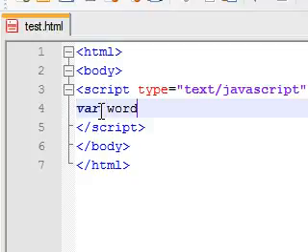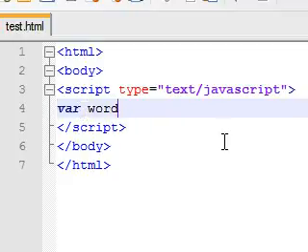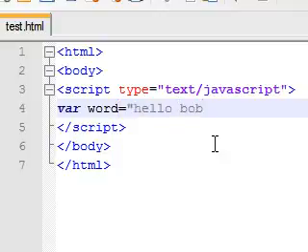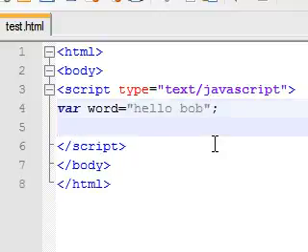Just type a variable and we'll name it word. Let me move my cursor out of the way so you can see. And it's actually going to be two words, and I'm going to type hello Bob. And this is just a common string variable. And in the next line, I'm going to write document.write,